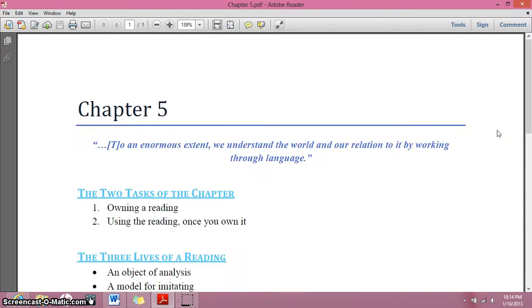Okay, chapter 6 will move into interpretation, so that is another move that goes beyond analysis. So if you have any questions on this, let me know, especially when it comes to paper number 4. Do not hesitate to ask questions, and don't let your confusion damage your work. I would much rather you ask than have your work suffer for it. So I am here if you need me.